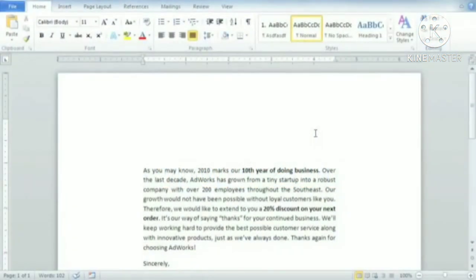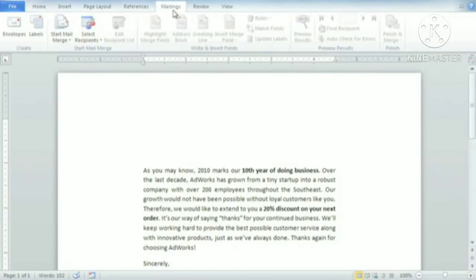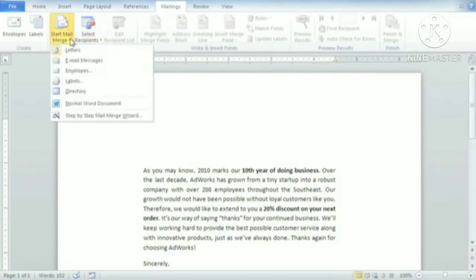Mail merge is a great time saver if you need to create multiple documents that are the same but unique in some way, like name tags for an event or envelopes printed with each person's name and address. The document I have here is a letter offering customers a discount on their next order. I want to personalize it by addressing each copy of the letter to the customer, using information I have stored in a spreadsheet. To begin, go to Mailings, then Start Mail Merge.